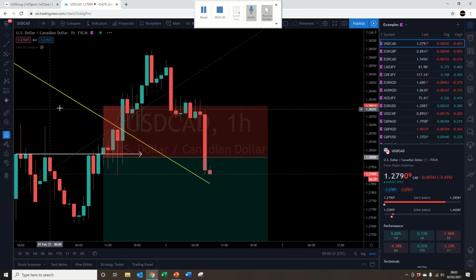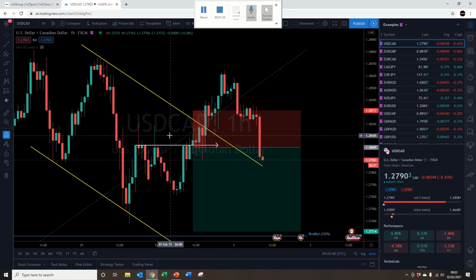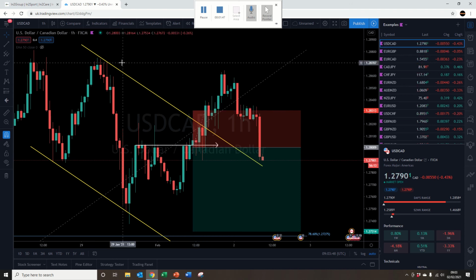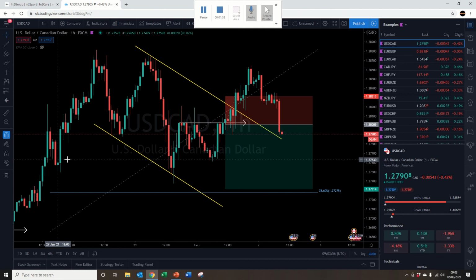However, as you can see, when we entered, this 1 hour candle actually closed bullish rather than bearish, and that probably should have been an indication for me to get out at this stage, but I just thought that I would see how price would play out. I was expecting it to potentially stop in this region, create a second tap.